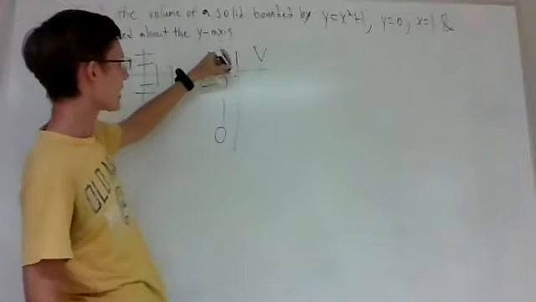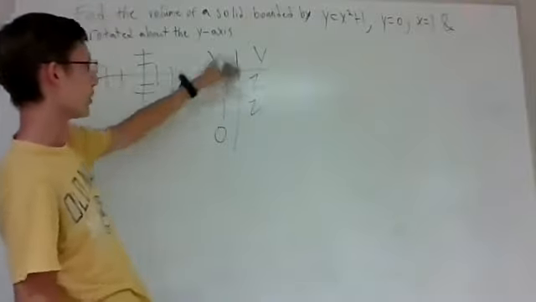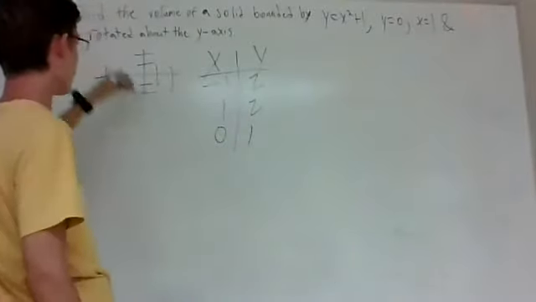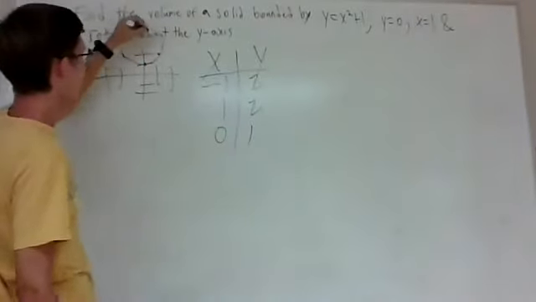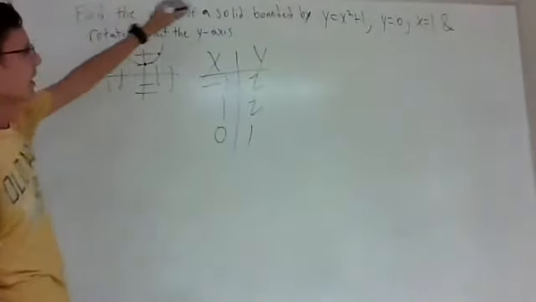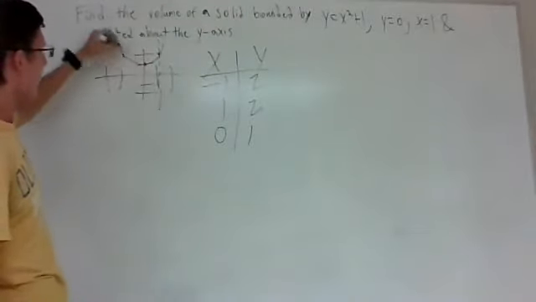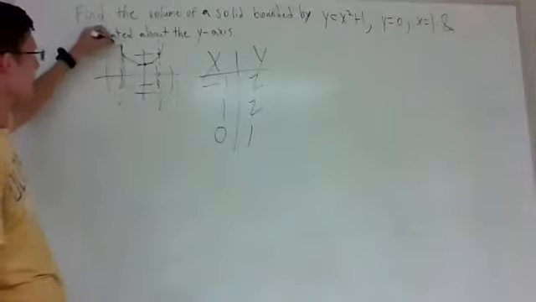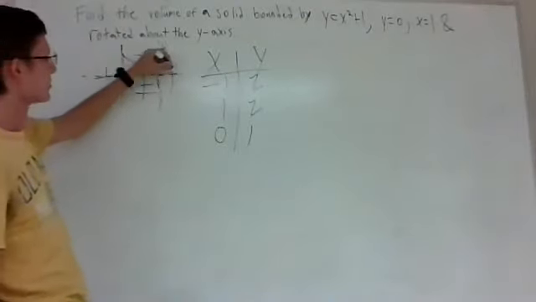So when we plug in -1, we would get 2. When we plug in 1, we would get 2. And when we plug in 0, we will get 1. So if we plot these points here, we'll get a positive parabola. And if we insert the x equals 1 limit, the asymptote there, and the y equals 0 asymptote,